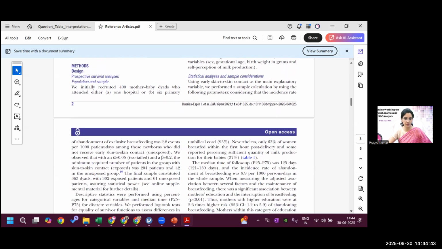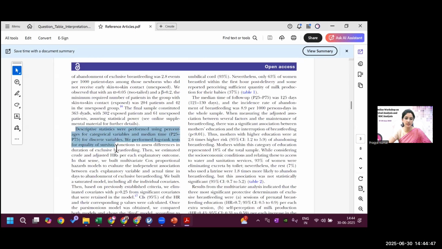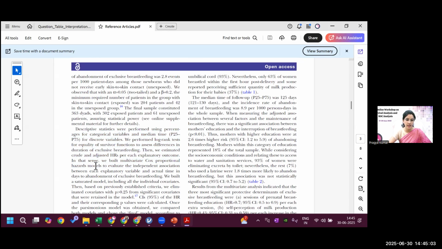And then you can see the final sample. They first did descriptive statistics using percentages for categorical variables and median time for discrete variables. Then they performed a log rank test for equality of survival functions. And then they estimated the crude and adjusted odds ratio for each explanatory outcome. In that sense, they built a multivariable Cox proportional hazard model to evaluate the independent association between each